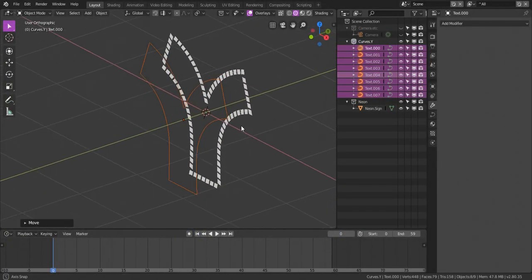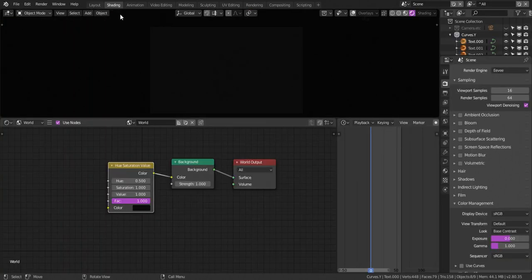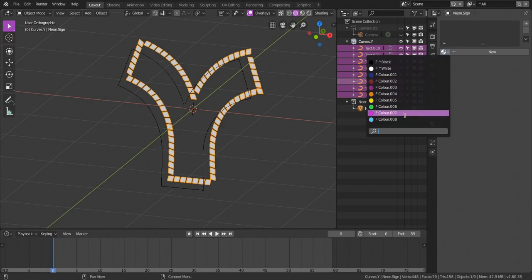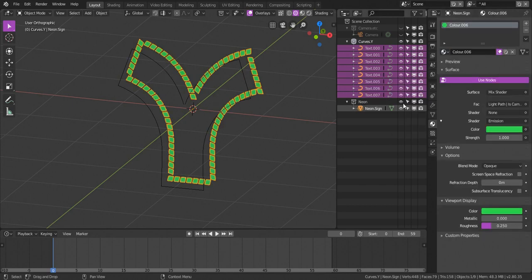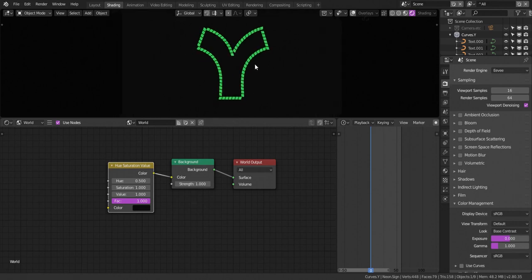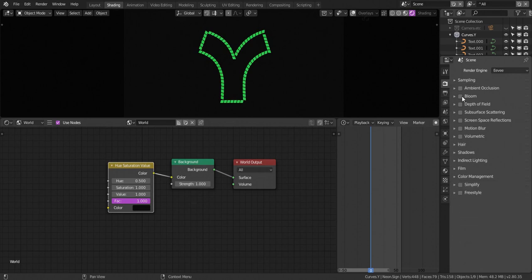And for that we need to grab the curves and put them in front. And I'm just going to quickly demonstrate. If we go into the shading view, and we need to put one of these emission materials on our neon, and then we can see there it's rendering. Looks good. Very importantly, something that really makes this project come to life is the bloom